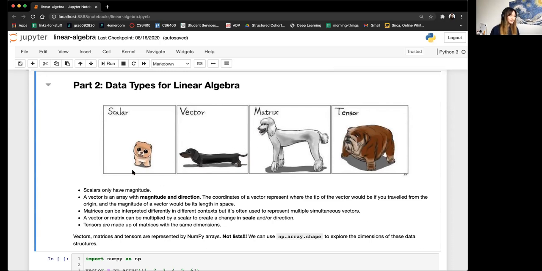Next, with vectors, a vector is an array that has both magnitude and direction. One way to think about it, and I'll draw a picture in a sec, is that the coordinates of a vector represent where the tip of the vector would be if you traveled from the origin, and the magnitude would be its length in space. So if I were to draw a picture here,